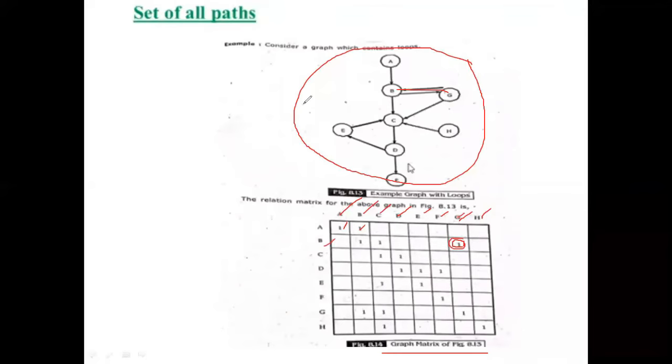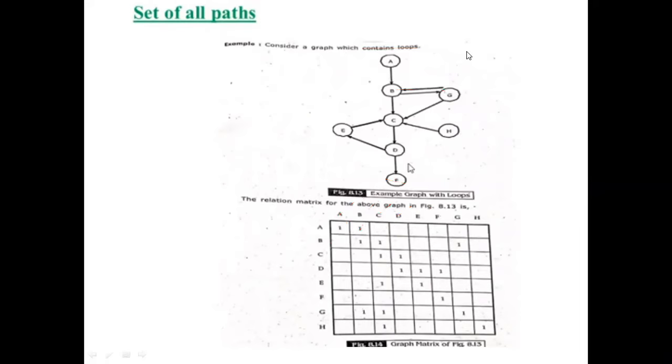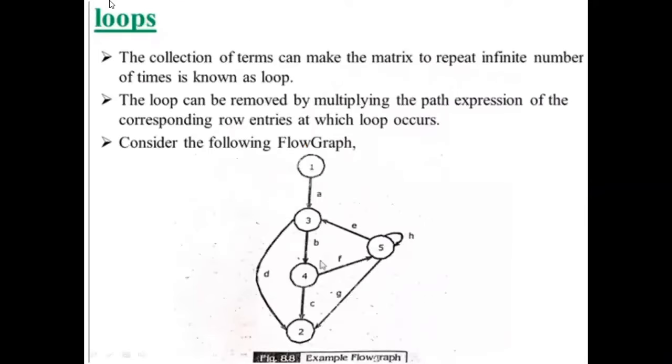The purpose of these matrix operations is to obtain all the paths between all the nodes. Then come loops. Every loop forces us into a potentially infinite sum of matrix powers. What it means, for example, is this loop here, the H. This may be an infinite loop, so an infinite sum of matrix powers.